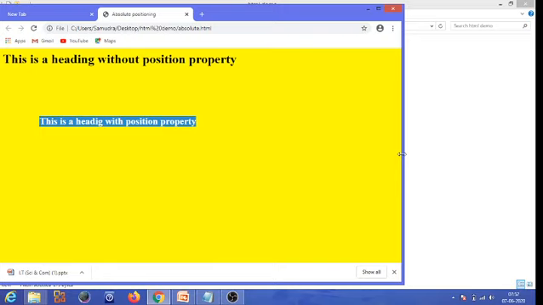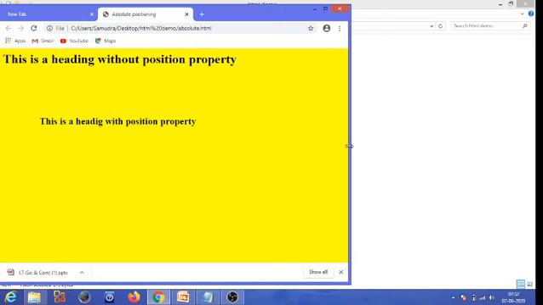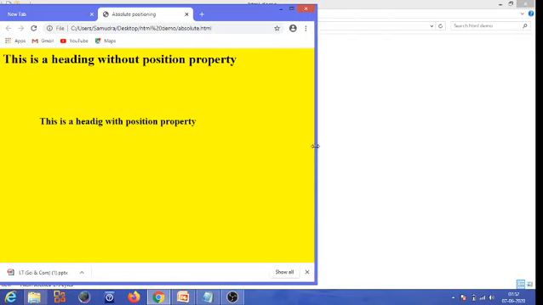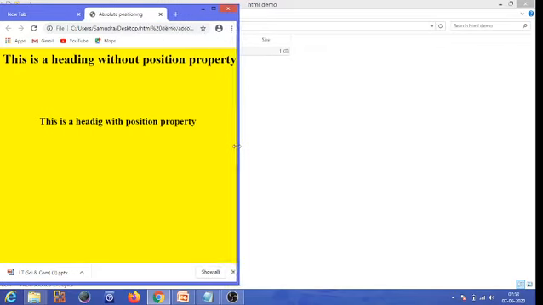Now when I'm shrinking the browser screen, you see what happens. The last position property word gets shifted down. I'll show you. See, the property word is getting shifted down because